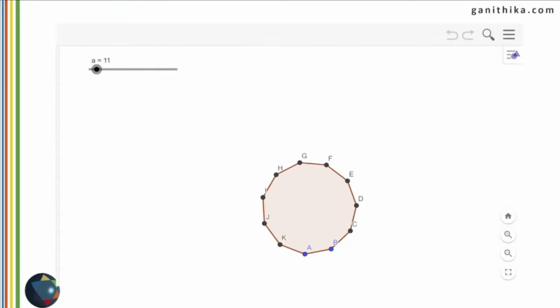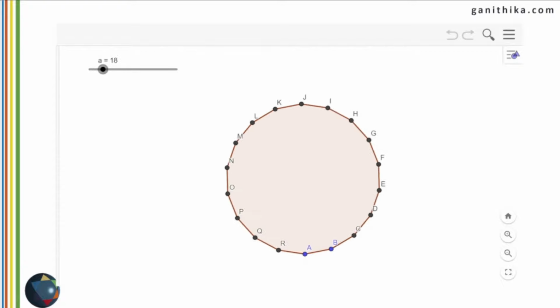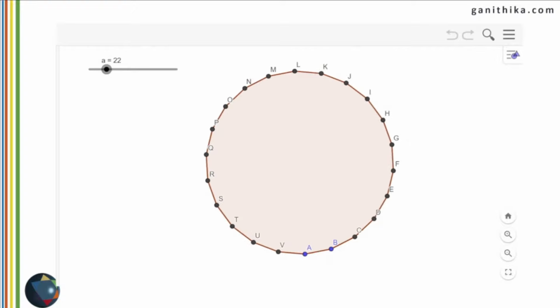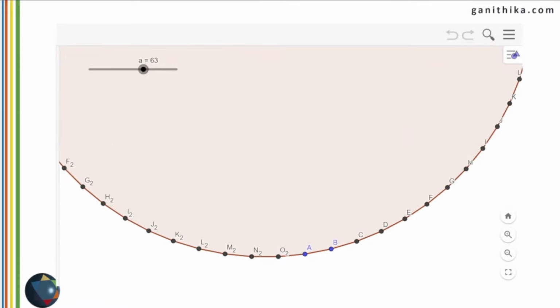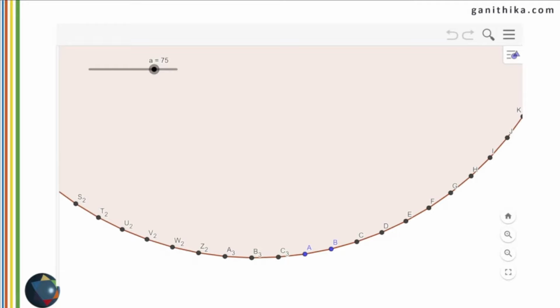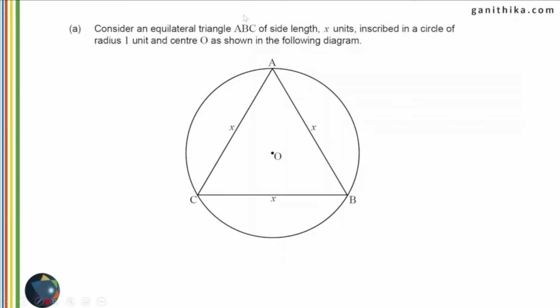As I increase the number of sides, say now we have the number of sides equal to 12. This is a 12-sided polygon. And as I increase the number of sides, you can see that the polygon is gradually changing into a circle. So if I make n go to infinity, if I go on and increase the number of sides to infinity, you can see that you are getting a smoother and smoother circle as seen here. So keep it in mind that as n tends to infinity, a polygon is going to become a circle. So this is what you need to keep in mind before you go to the next question.